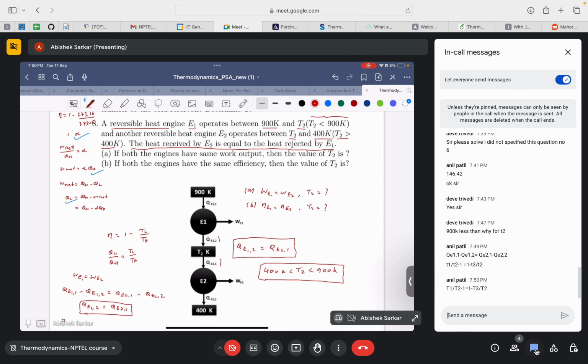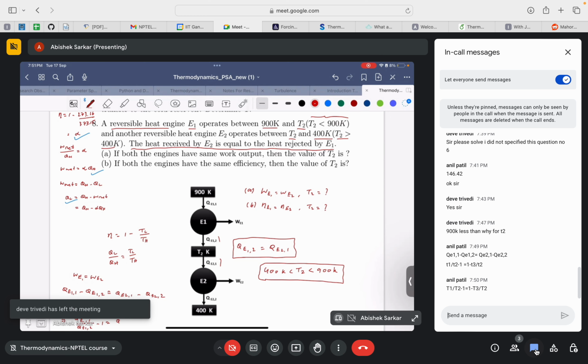So just divide both sides by QE12. So we will have QE11 by QE12 minus 1 equal to